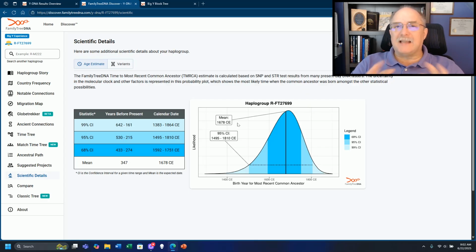Doesn't mean that's the exact date. Make sure you understand this. We can't say a specific date yet. And when I say the term yet, we have to find testers that have paper trails and get those paper trails pulled together. If we find an individual born in 1756, just making up a date, and that person is a Wetherington, born 1756, and we were able to trace all of our lines back to that point for this